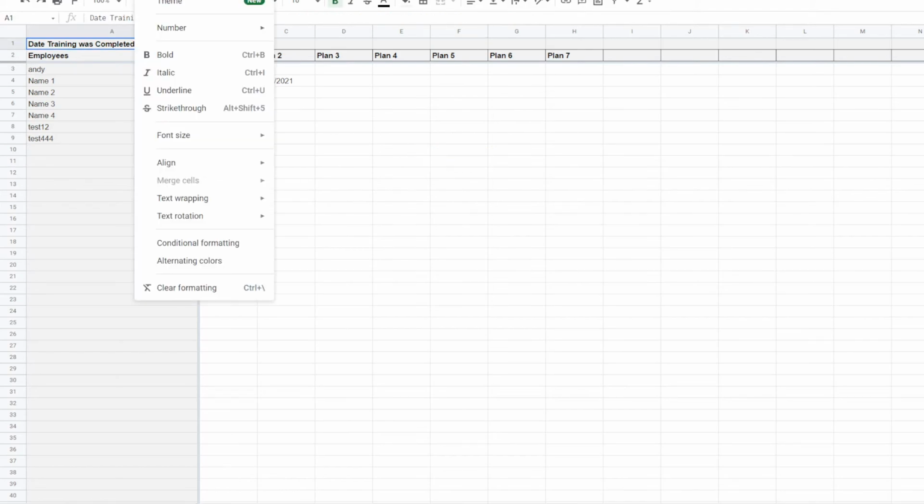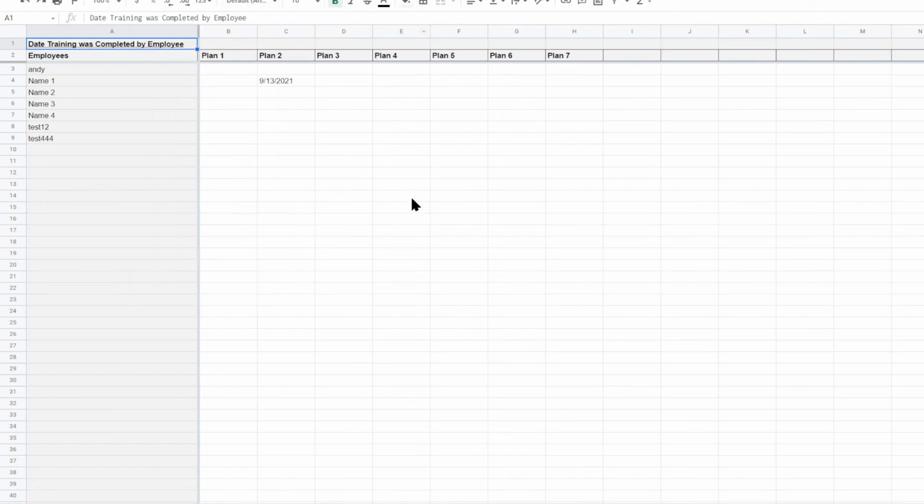Maybe give this an underline, I guess. By the way, Google Sheets has a crazy underline. Like they make you go to format and do it. You can't just do it right here. It's very annoying. Took me a long time to figure that out. All right. So that's date training was completed by employee, and this is going to be